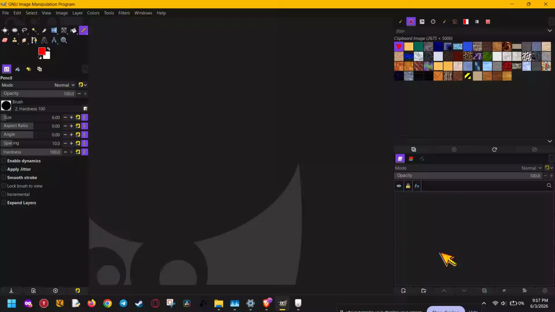Today I'm going to show you how to create a tiled pattern in GIMP, step by step, so you can make a clean repeating design that wraps across your canvas perfectly. This is a really useful technique if you want to build seamless backgrounds, texture fills, or repeating graphics for thumbnails,